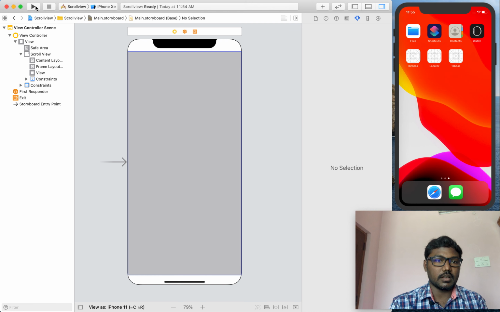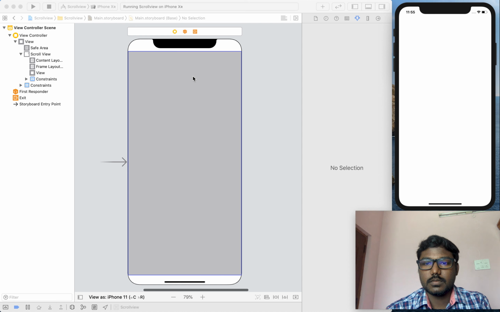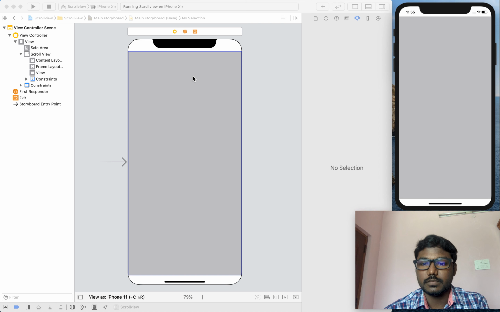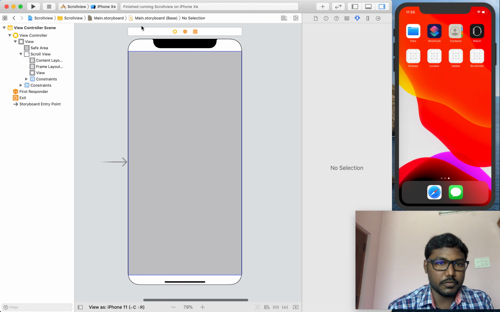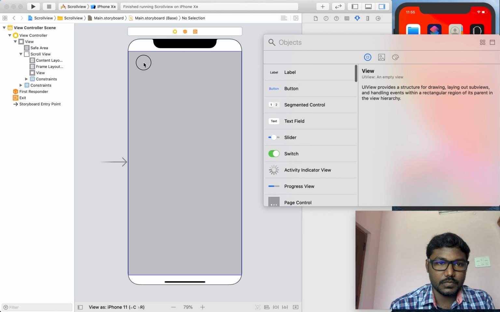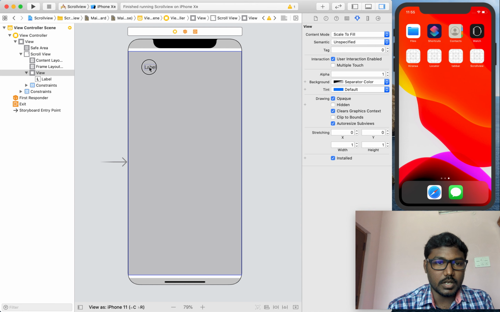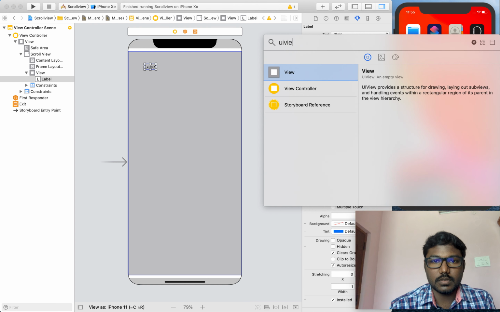Now we can run the project in a simulator. We can see the scroll view and content view. Once done, we can design our static form, as the scroll view setup is completed. It's exactly perfect. Now I am adding some labels as well as UI views